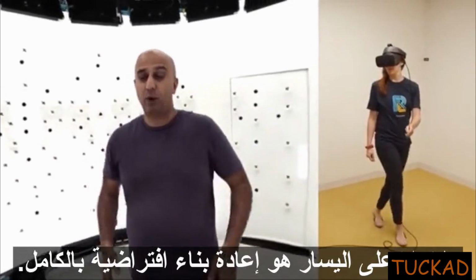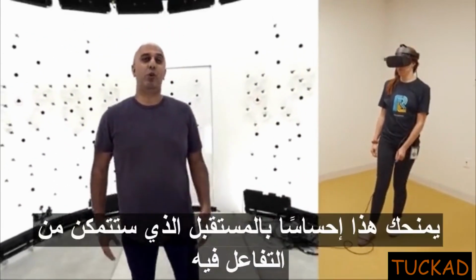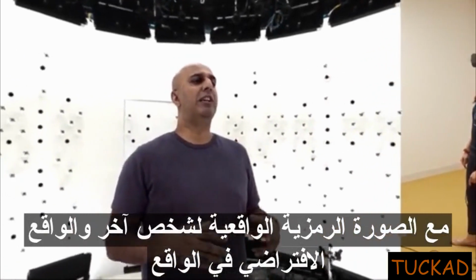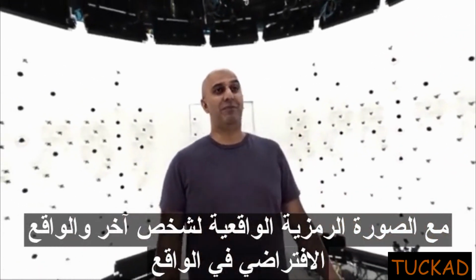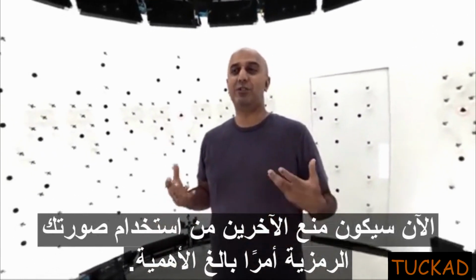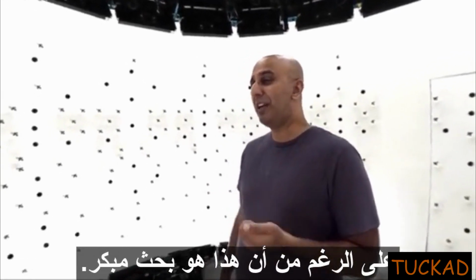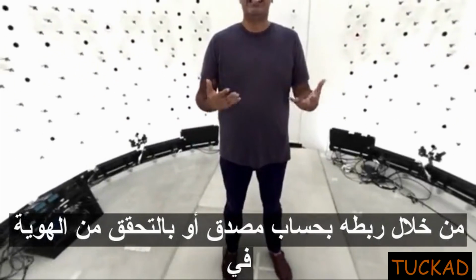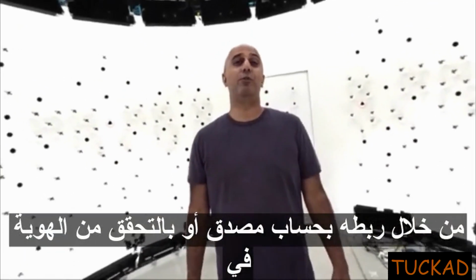What you see on the left is an entirely virtual reconstruction. This gives you a sense of a future in which you'll be able to interact with another person's realistic avatar in virtual reality in real time. Now, preventing others from using your avatar will be critical. That's why, even though this is early stage research, we're already thinking about how we could secure your avatar, whether by tying it to an authenticated account or by verifying identity in some other way. All right, so